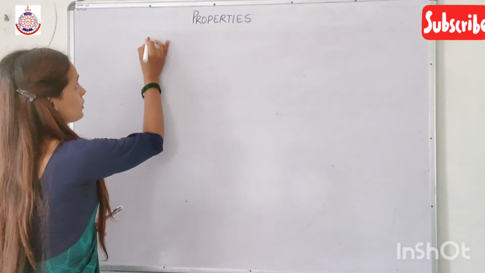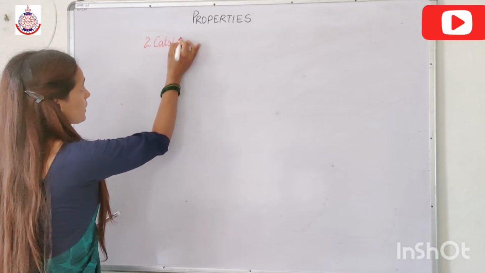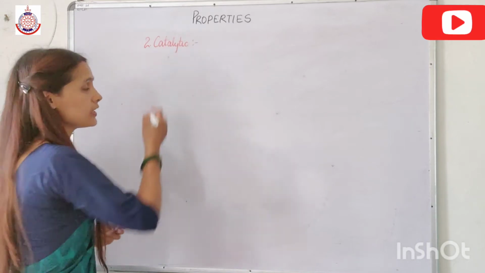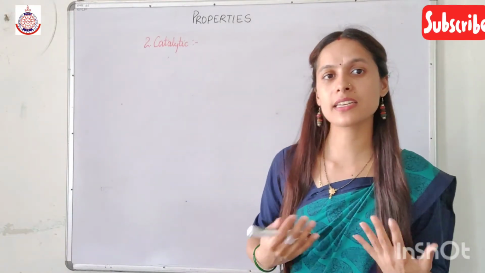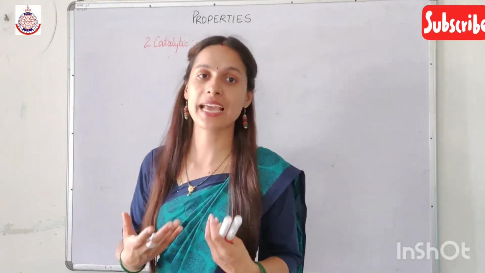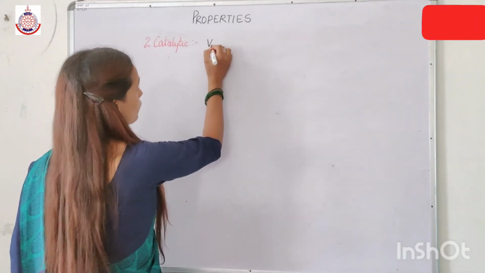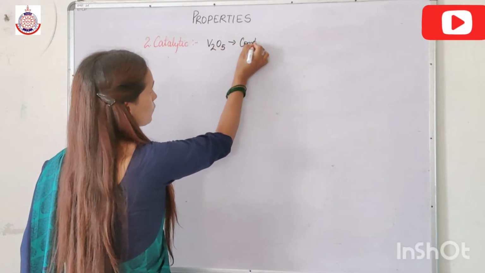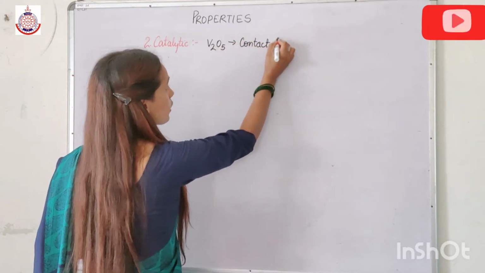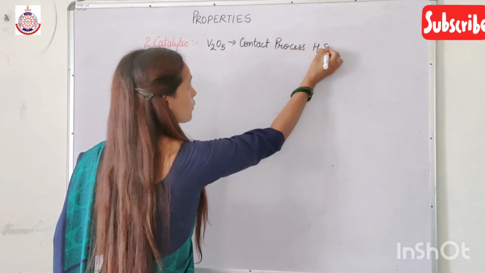Next, we will talk about the catalytic properties of the transition metals. Most of the transition metals and their compounds show catalytic properties. For example, vanadium pentoxide V2O5 is used in the contact process for the manufacture of H2SO4,